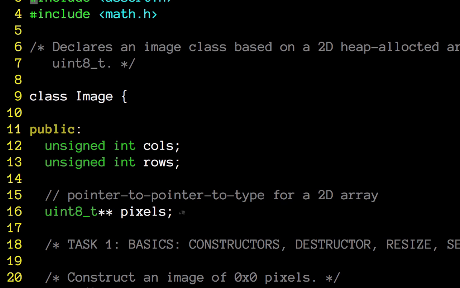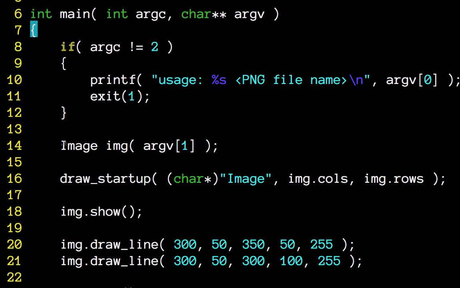So it only has the ability to store pixels that have a value between 0 and 255 because that's what a uint8 type does. So if you go back to the main function, this image can only be a grayscale image. And so what we'll look at next is to see how we can make the implementation of an image